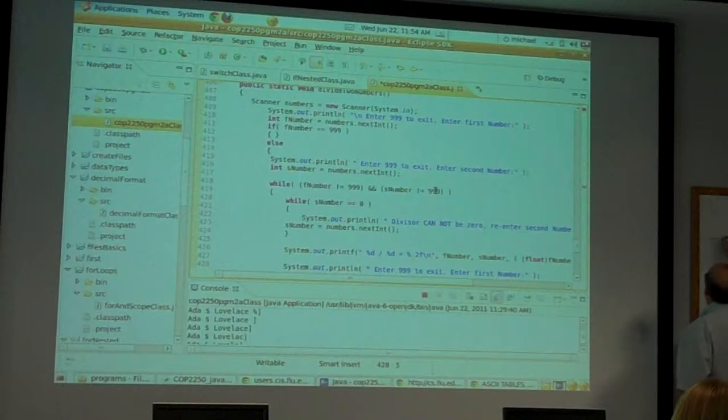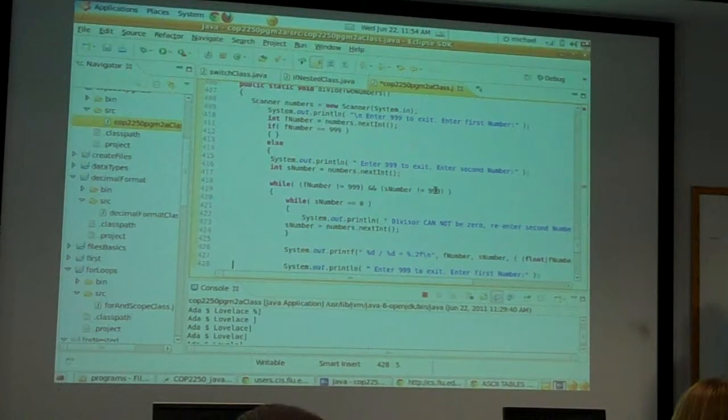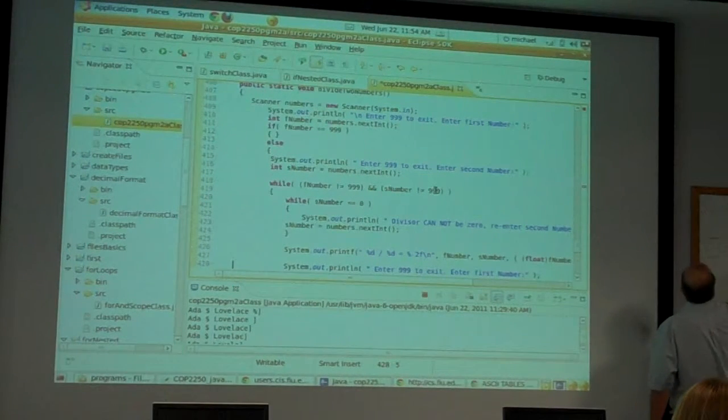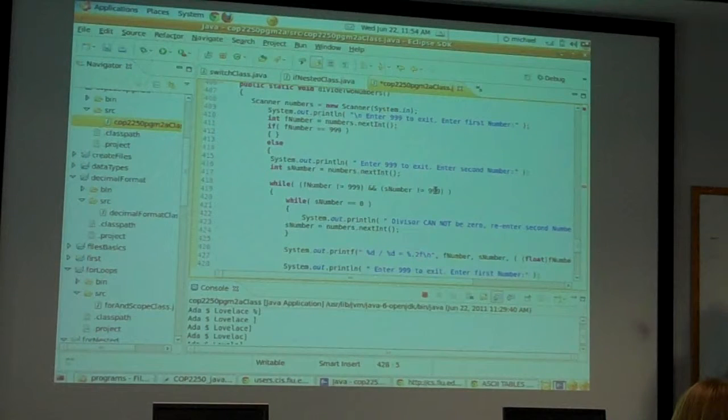The second one was get the first number. Then get the second number. And then error trap for the second number, right? Then do the divide with the float as a result. And then you have to go